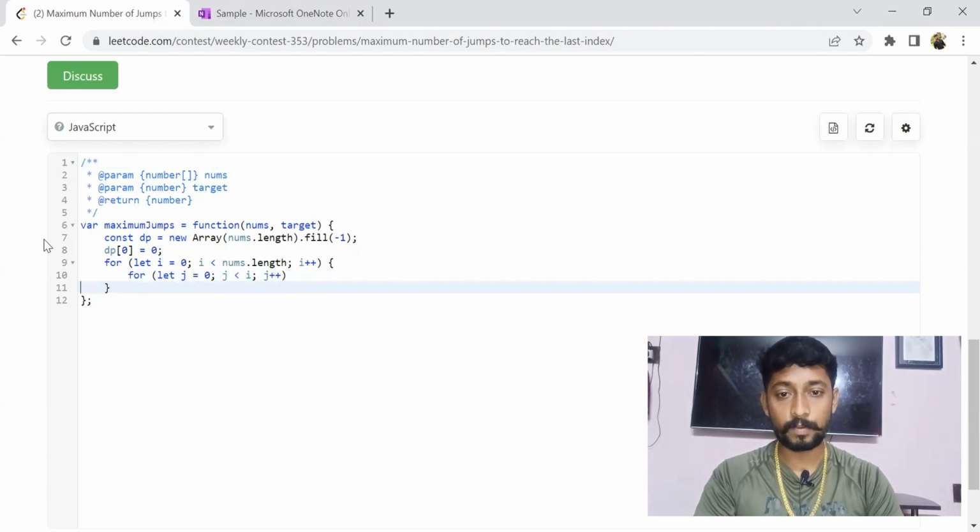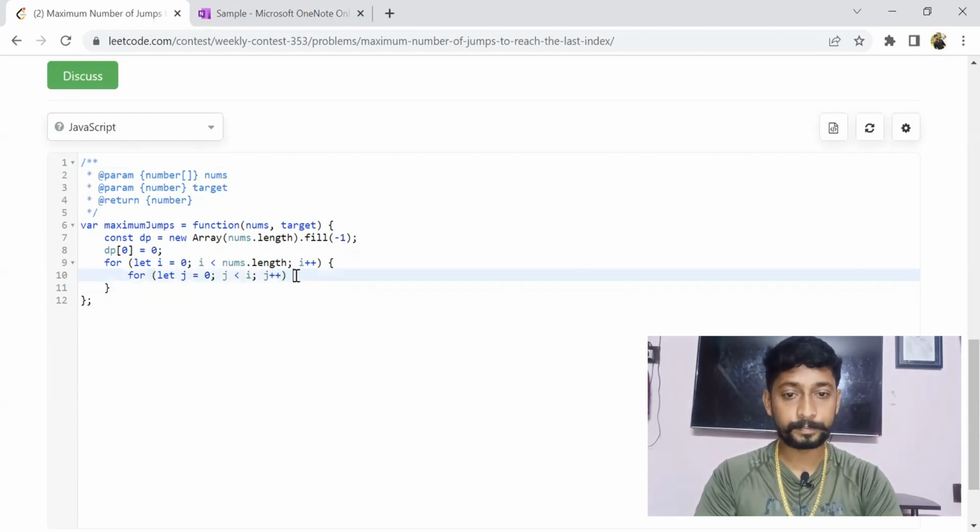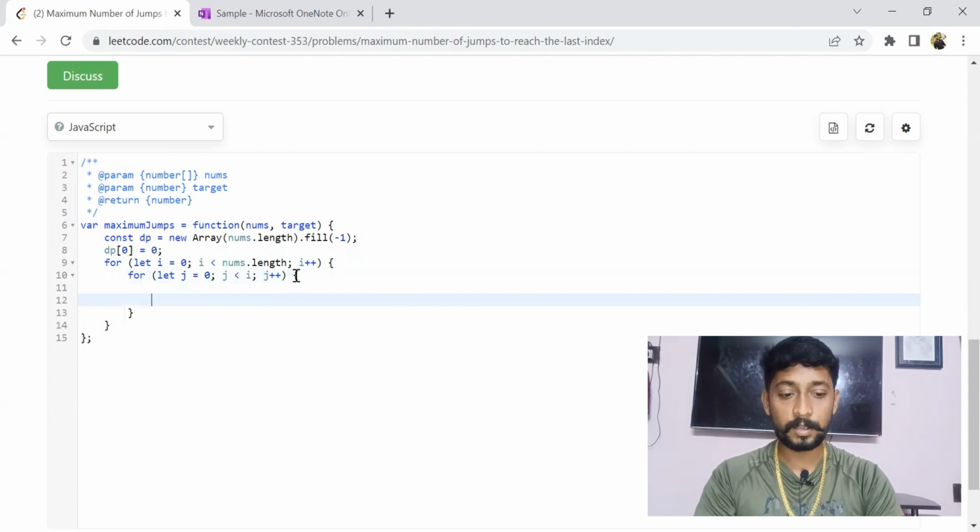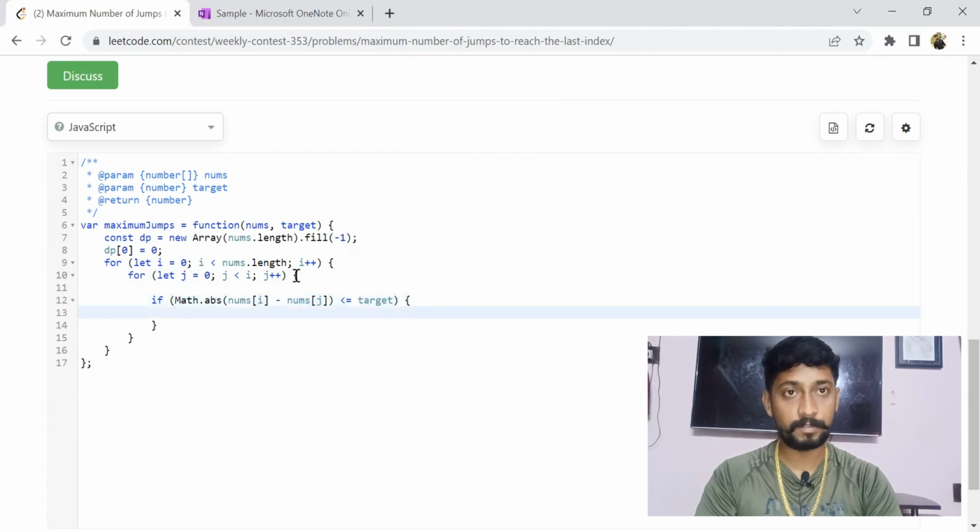Then you have to check whether it satisfies my constraint or not: Math.abs(nums[i] minus nums[j]) less than or equal to target. If it satisfies my condition, then definitely dp[i] equals the maximum value of dp[i],